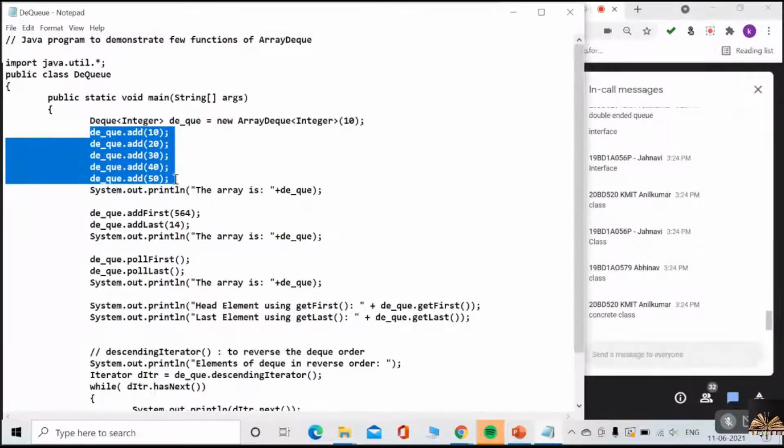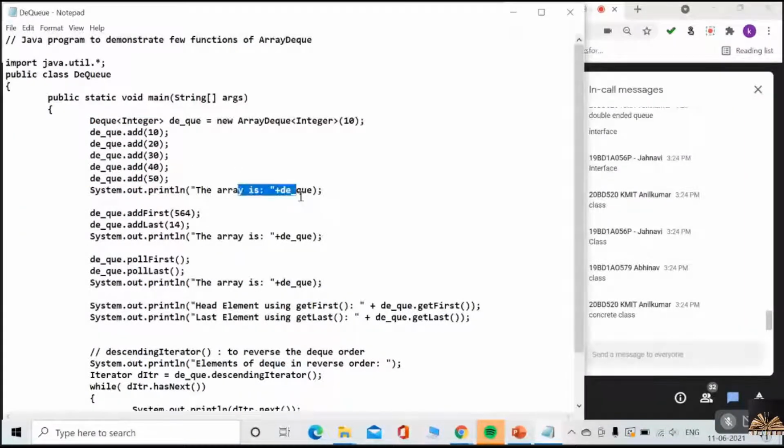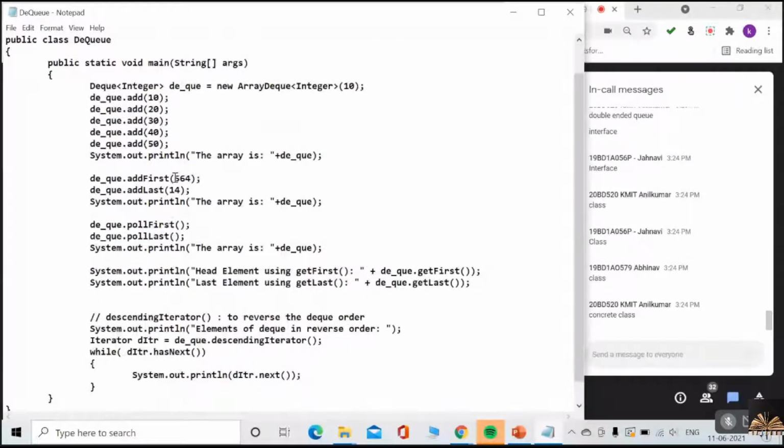Okay, fine. So how many objects am I adding over here? 5 objects, that is 10 to 50. If I print the array, I get the elements. And if I add first 564 by using the add first method, what is the order of the elements?